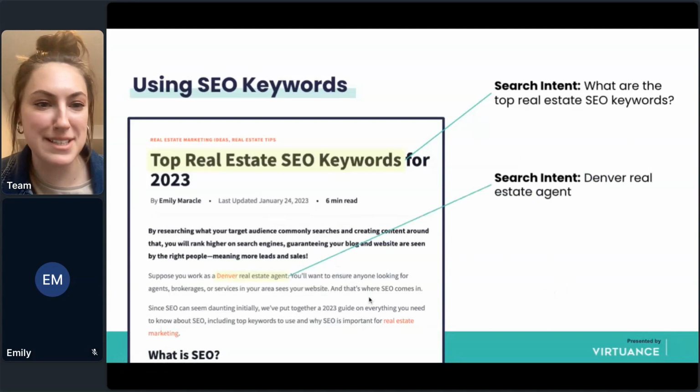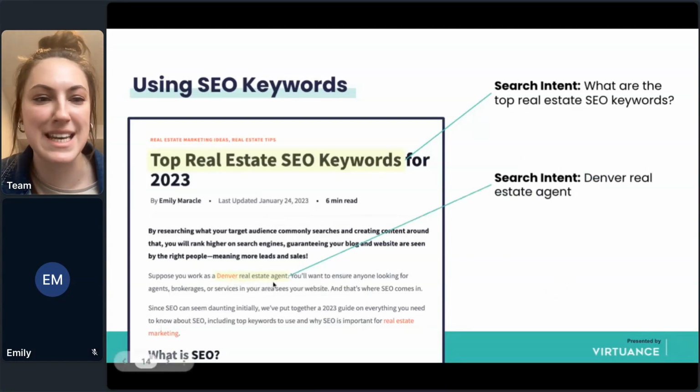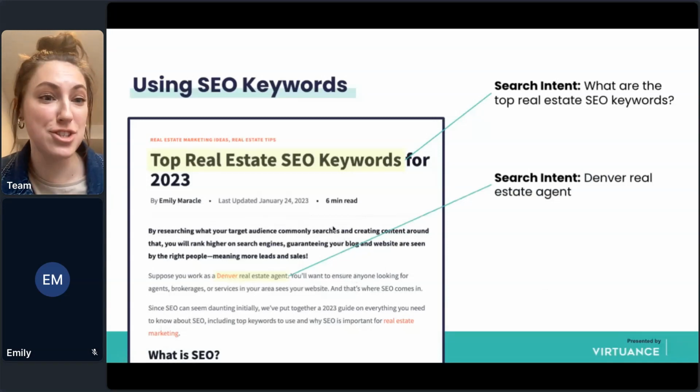Another example you can see down here in the body text. If you can't read it, it says Denver real estate agent. So this is solved by including that keyword. It's solving, again, the search intent of Denver real estate agents, maybe real estate agents near me or real estate